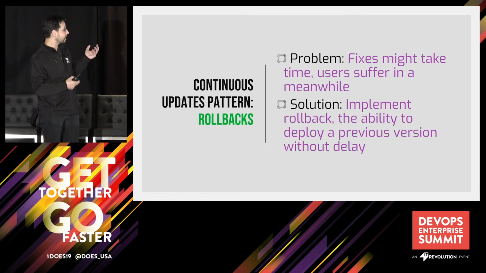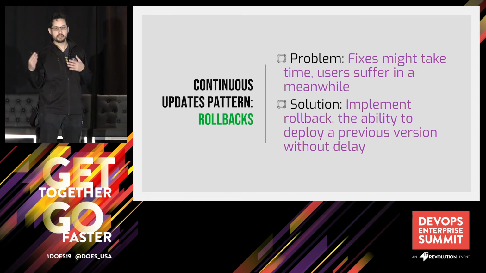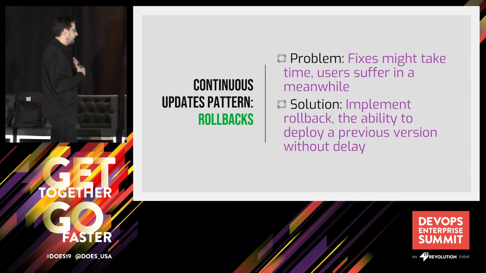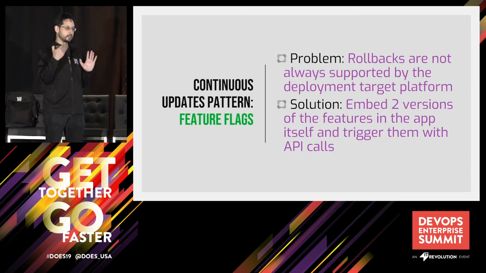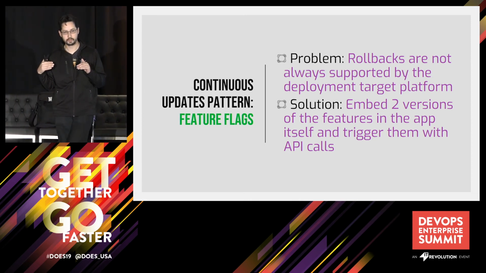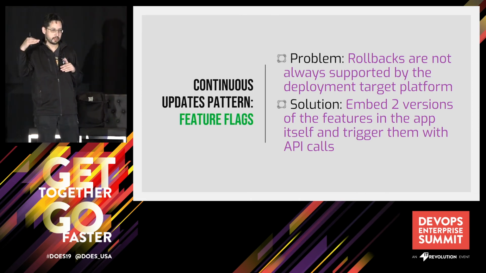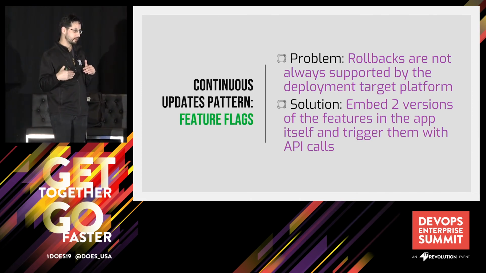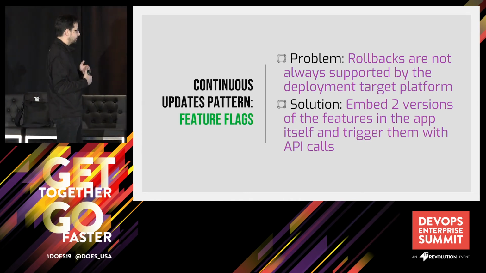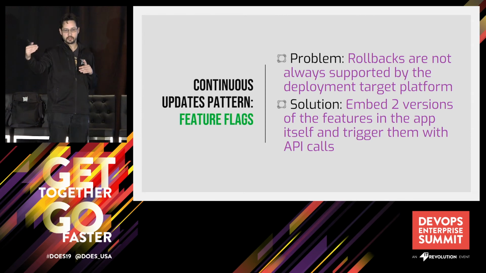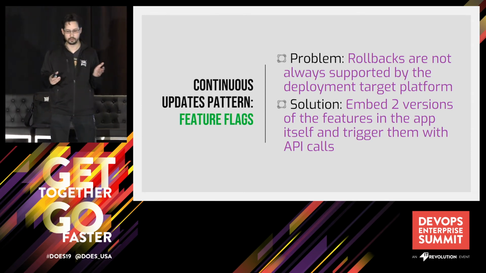And then another thing is rollbacks. In the case of the App Store, you can't do rollbacks within the App Store, but what you can do is feature flags. Feature flags allow you to release a version, have some features turned on or turned off via configuration. And then if you hit an issue, you can roll back to the previous implementation inside your own code base rather than relying on the App Store to do the rollback for you, which in this case, Apple doesn't support. And then once you get a few versions down and you realize that code's not needed, you can take out the code which is surrounded by a feature flag.